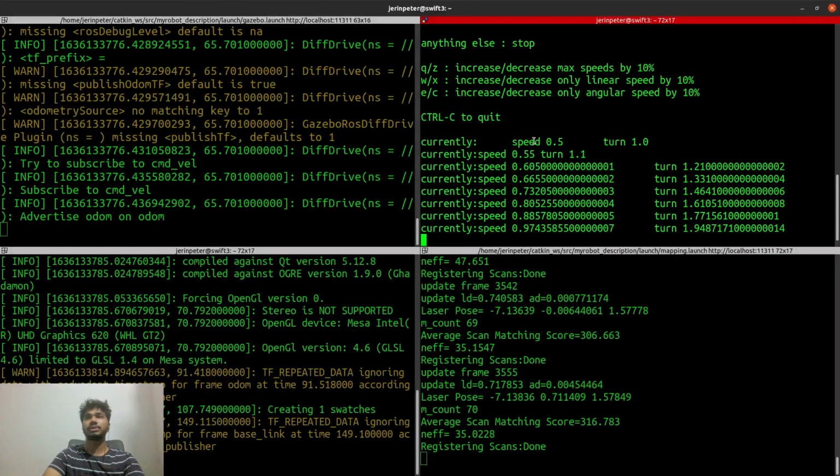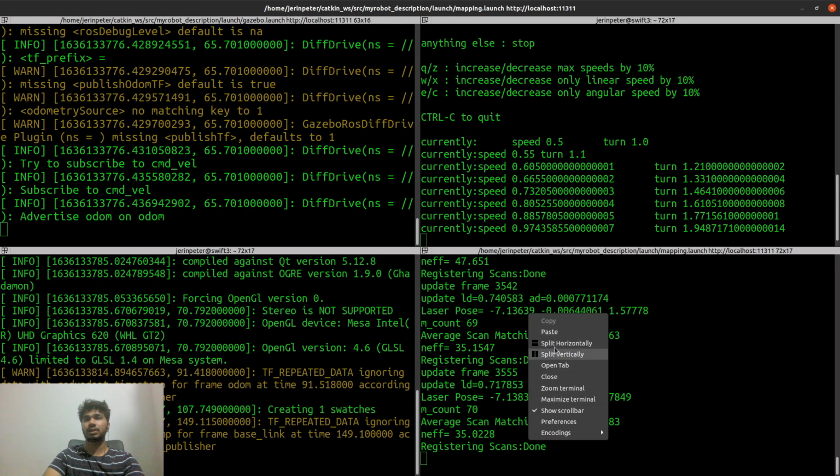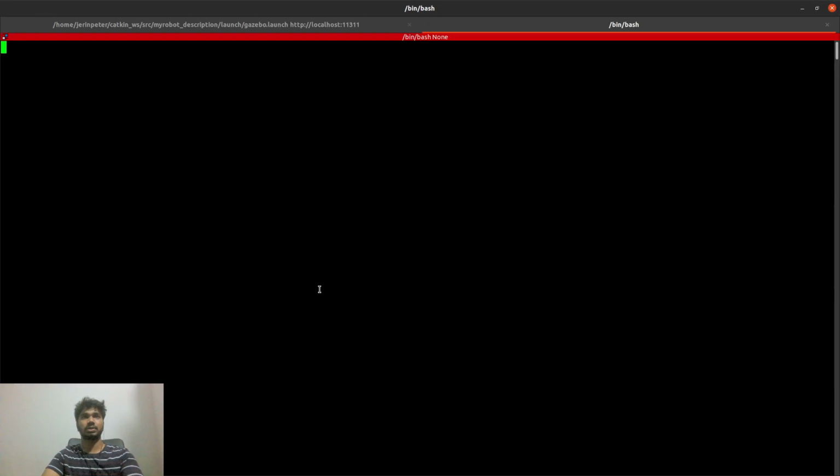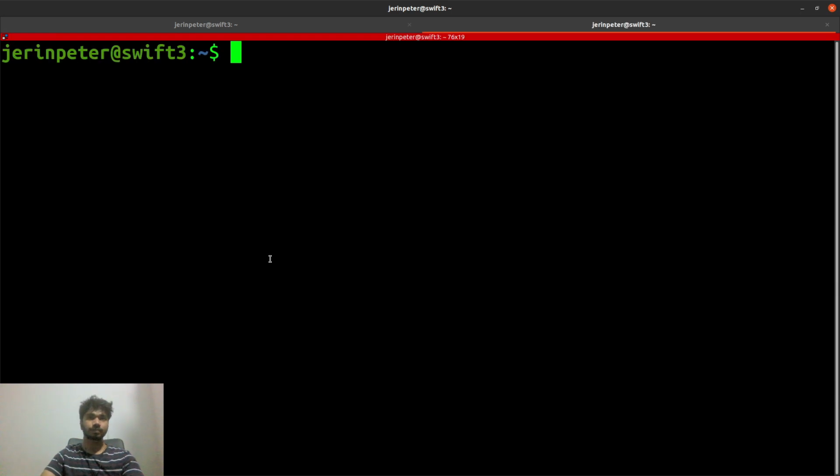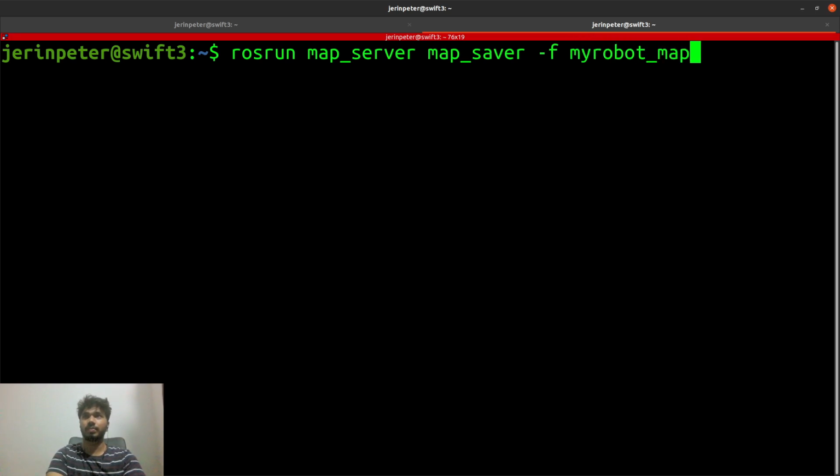So what we need to do now is save the map. To do that, I'll create and open a new terminal. To save the map, we can do rosrun map_server map_saver, there is a node called map saver, and we'll save it as, say, my_robot_map.